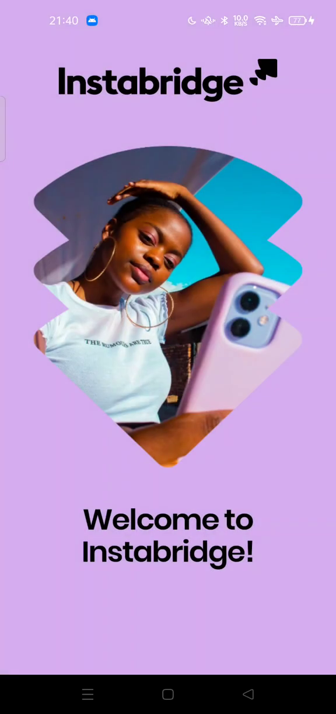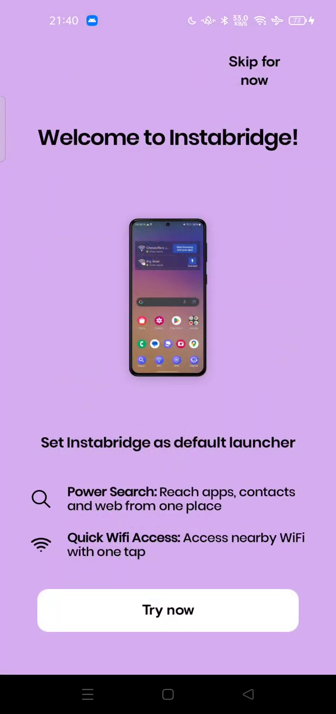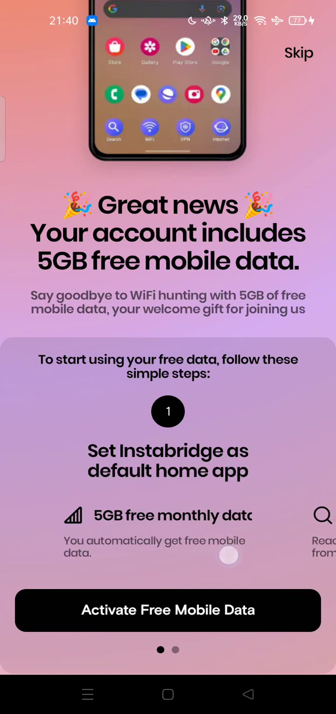Today I'm going to show you how you can uninstall the InstaBridge app on your Android, so you can remove the InstaBridge app from your phone completely. So if you installed this app as your Wi-Fi map application, you can try to uninstall it for some reason. For example,